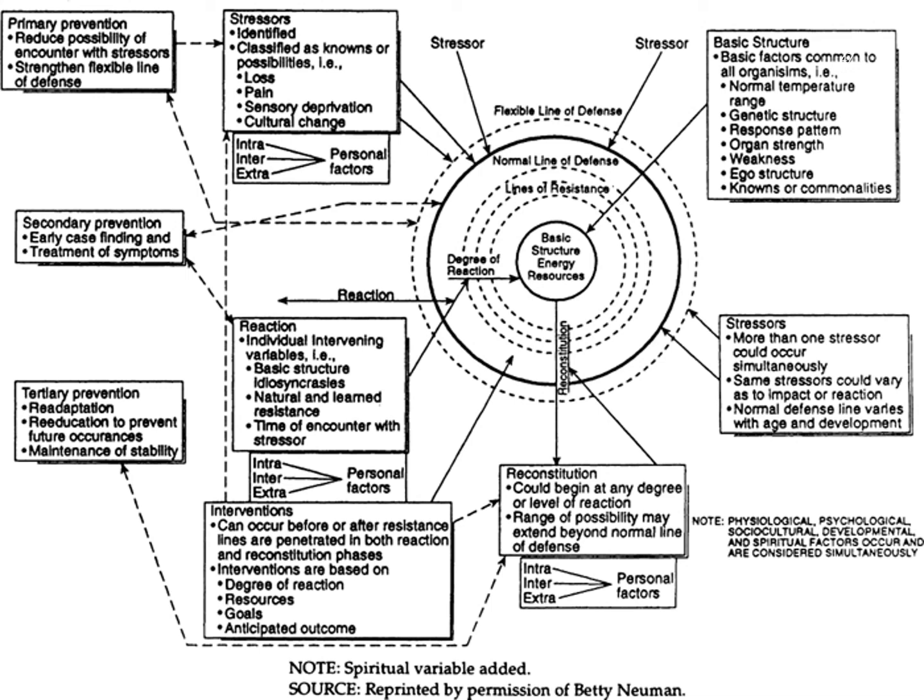So here come the nursing interventions. The nursing interventions can be primary prevention, secondary prevention, and tertiary prevention. Any of these interventions will be used in order to reconstitute the person's normal wellness state. It could begin at any degree or level of reaction. The range of possibility may extend beyond the normal line of defense. And so these are the main things, and the reactions,